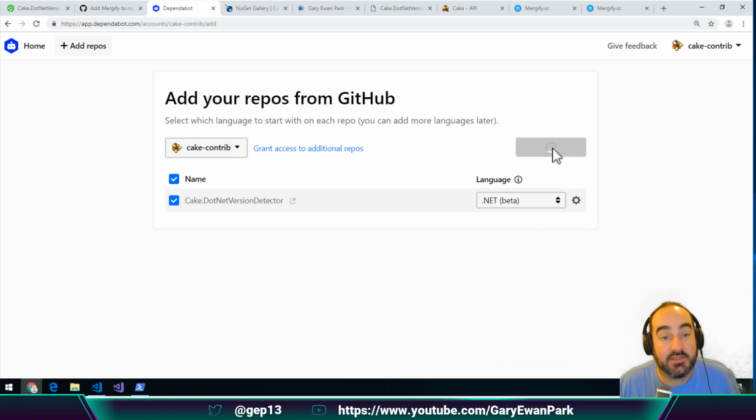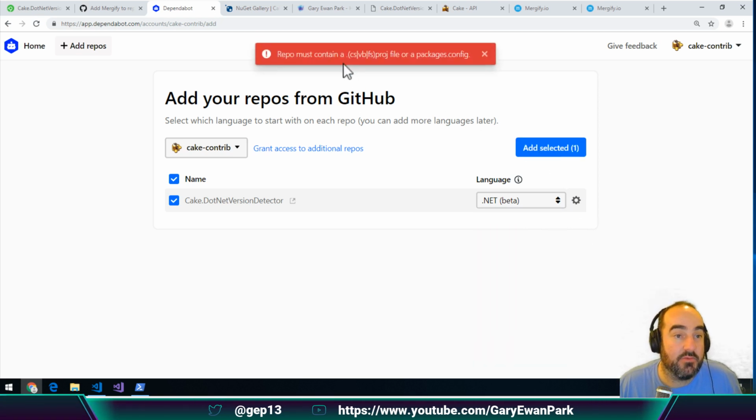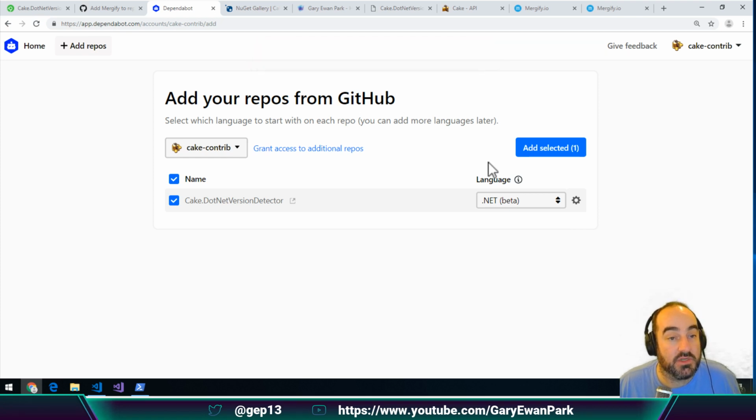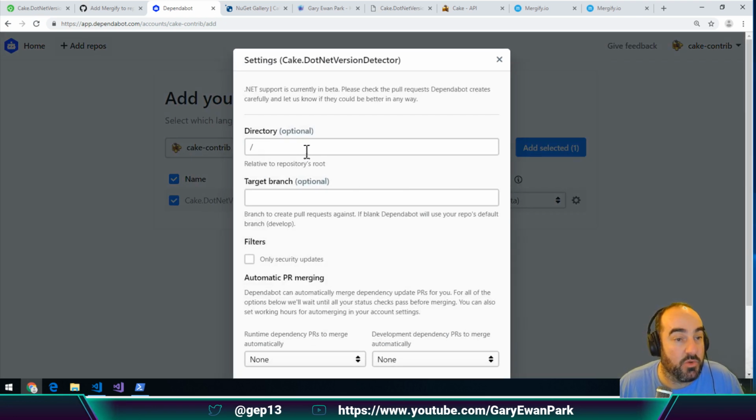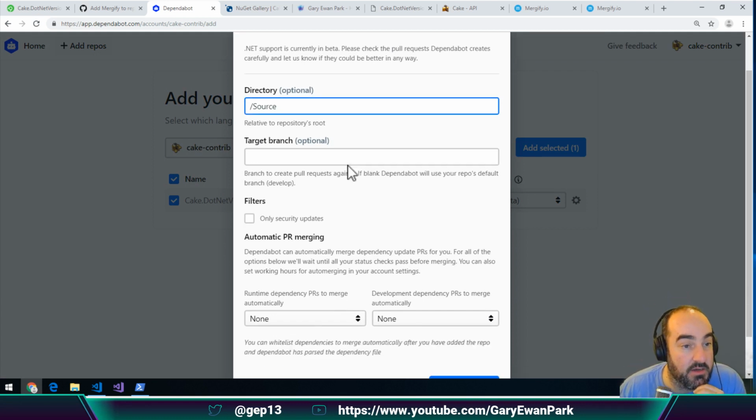So I'm going to go ahead and say add selected. Repo must contain a packages.config file. Oh, there's an additional setting that I need to set, which is where things can be found. So if I go ahead and put source in there,